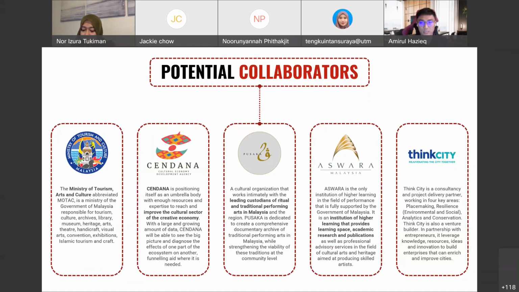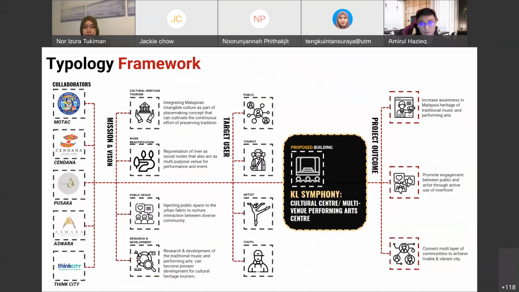Aswara is an institution of higher learning that gives people the opportunity to enroll in its curriculum, where they teach the cultural arts of Malaysia, especially, and also in a modern context. However, people from Aswara, the students and even the teaching staff, are not given the opportunity to show what their potential is. So this is a summary of the typology framework, the target user, mission and vision, and also